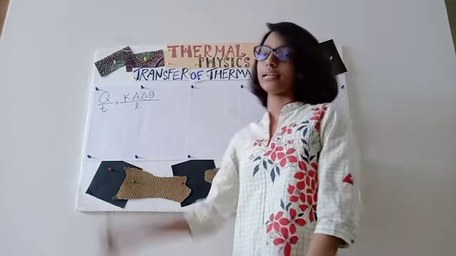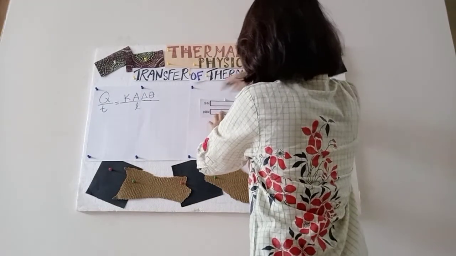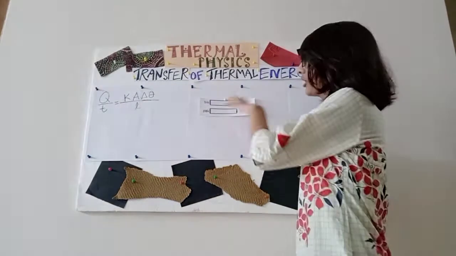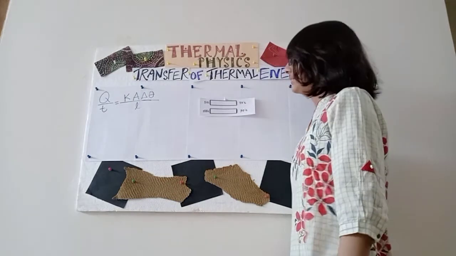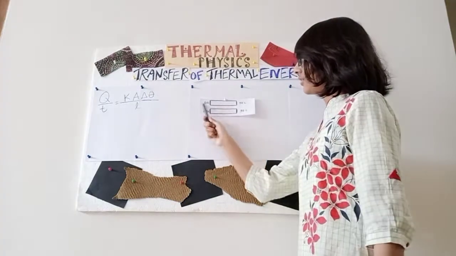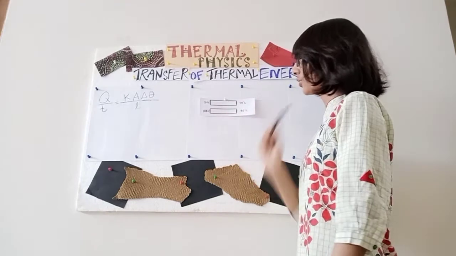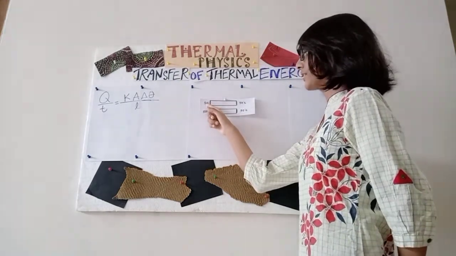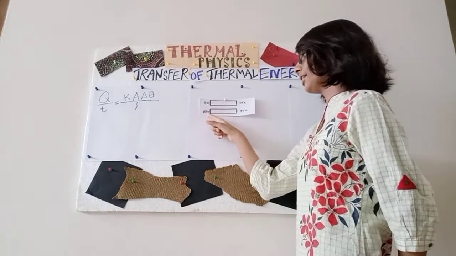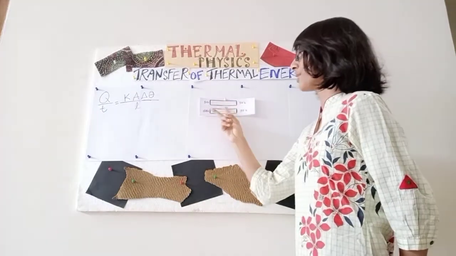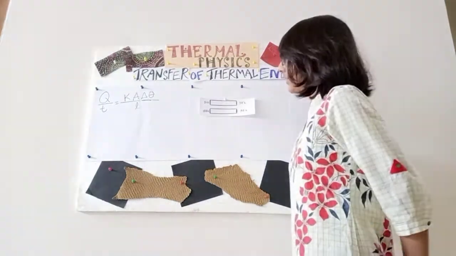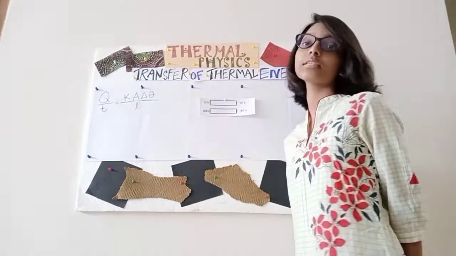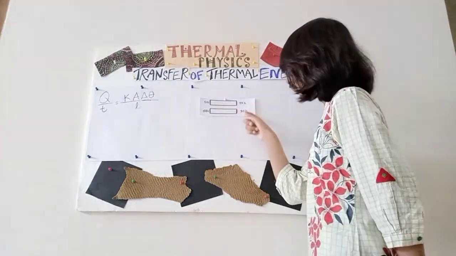Alright, next comes del theta. Again, for del theta I also have something to show you. So you see, they are made of the same material, conductivity same, surface area same, length same. The thing is, there are differences between the two ends, the hot region and the colder region. Here is 50 degrees Celsius and 30 degrees Celsius, and 100 degrees Celsius and 90 degrees Celsius. These are differences in temperature between the two ends of the solid. So which one will have the greater rate of heat transfer? This one.